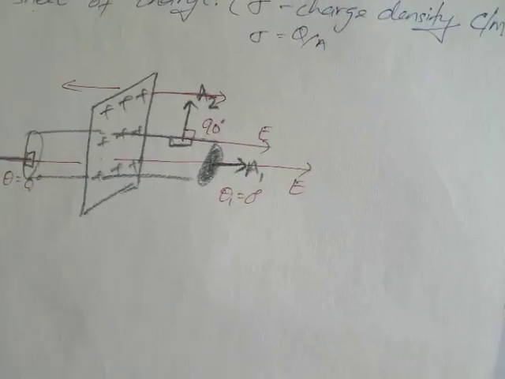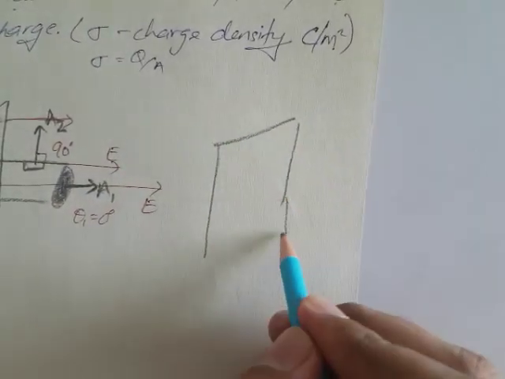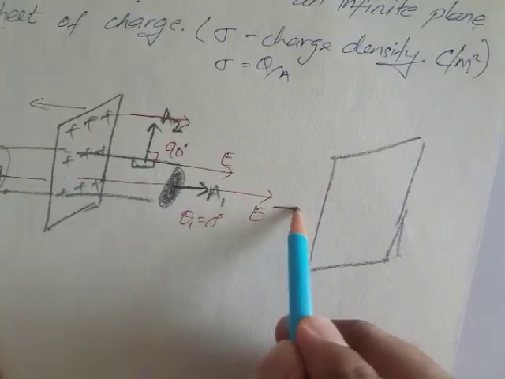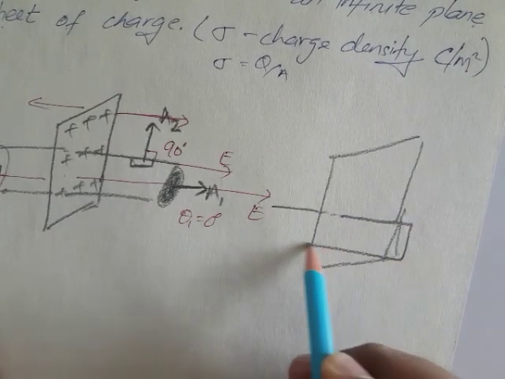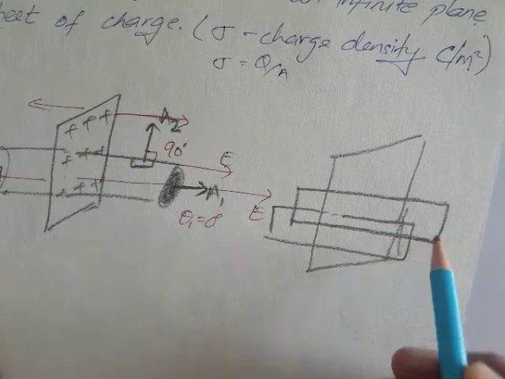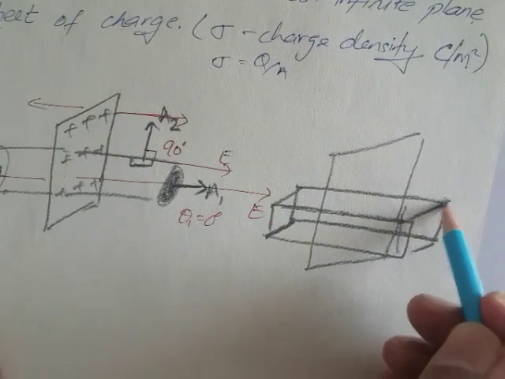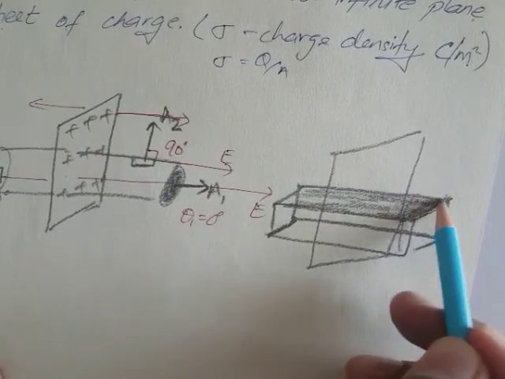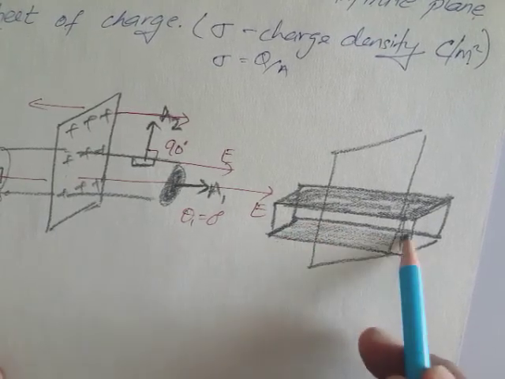Sometimes students ask me, sir, you have generally taken a cylinder for the sheet. It doesn't mean that every time we need to take a cylinder. We can also take a rectangular cube. Drawing is more important, so we'll see. Let me cover this: it is the top area of the rectangular slab, and this one is the bottom area.